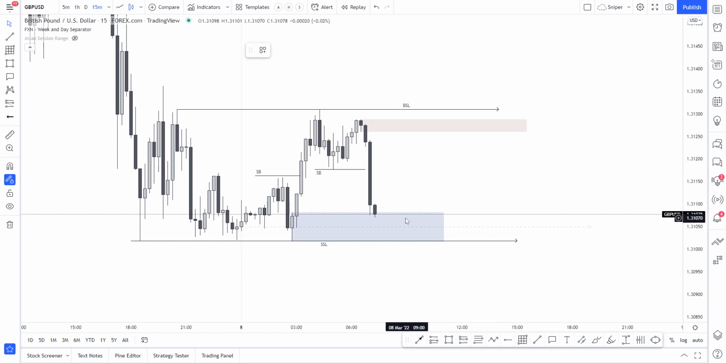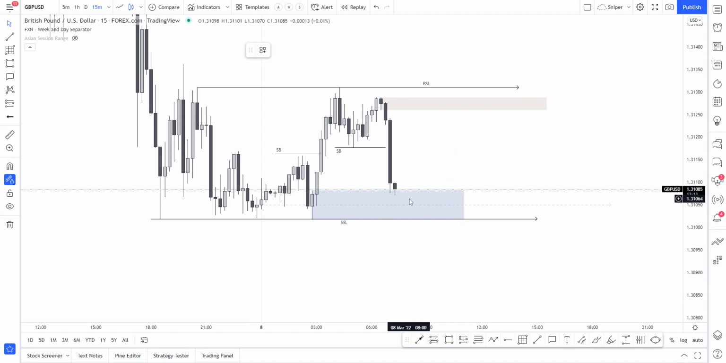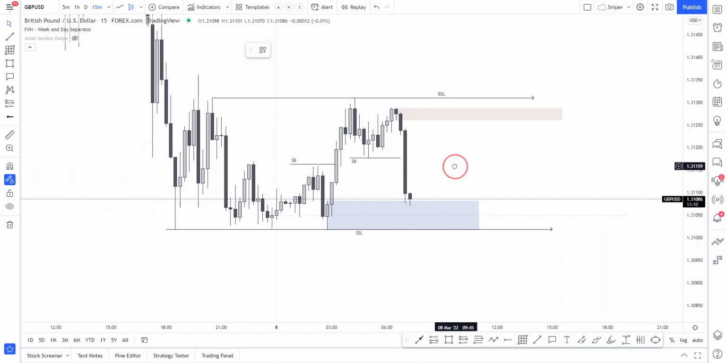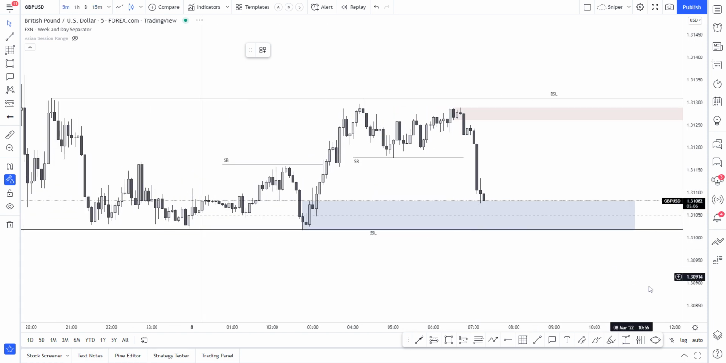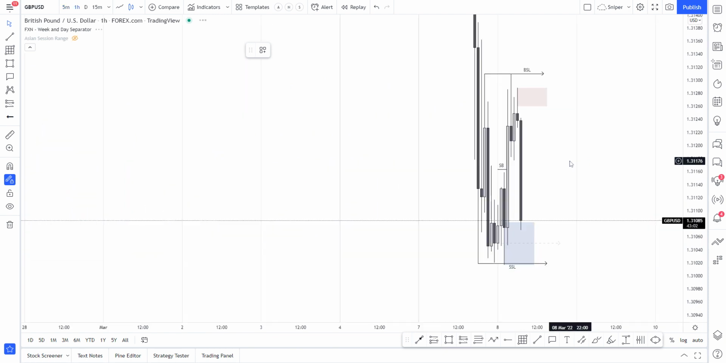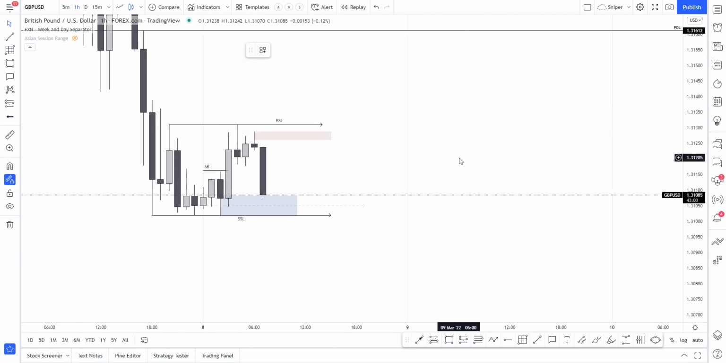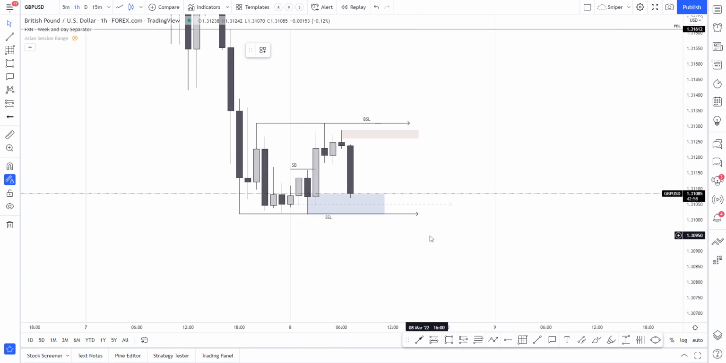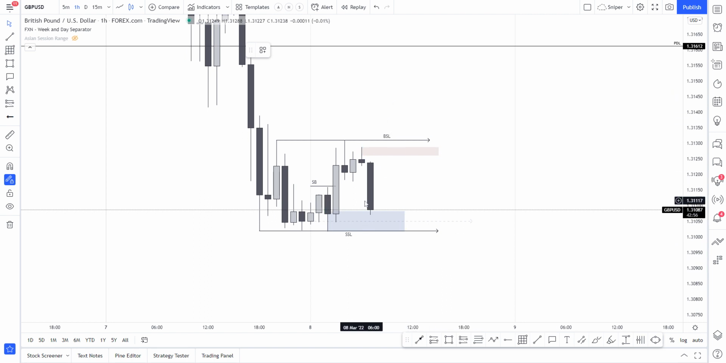But that's not necessarily true. Definitely, we could see reaction around here, but that's not always the case. So definitely, we need to stick to what the daily is telling us. What is the daily telling us? I do think that we could see reaction up, so I won't be surprised if we see reaction up from